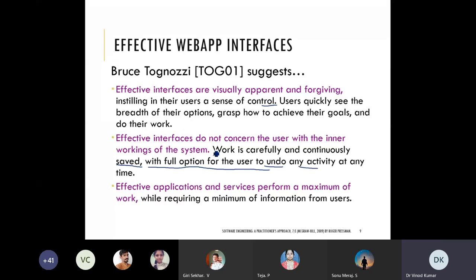So in interface design, sometimes an auto save option is there, or an in-between save option, so that whatever details you entered up to now, you can save. In contrast, if you fill in all the details, submit, and only then it is saved, otherwise it goes away, this is not acceptable. For effective design, that option should be there. Nowadays in many registration forms, I have also experienced this type of facility.